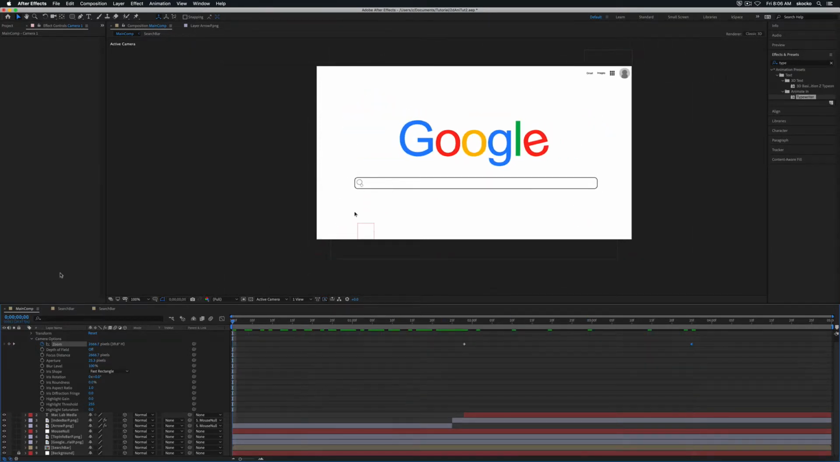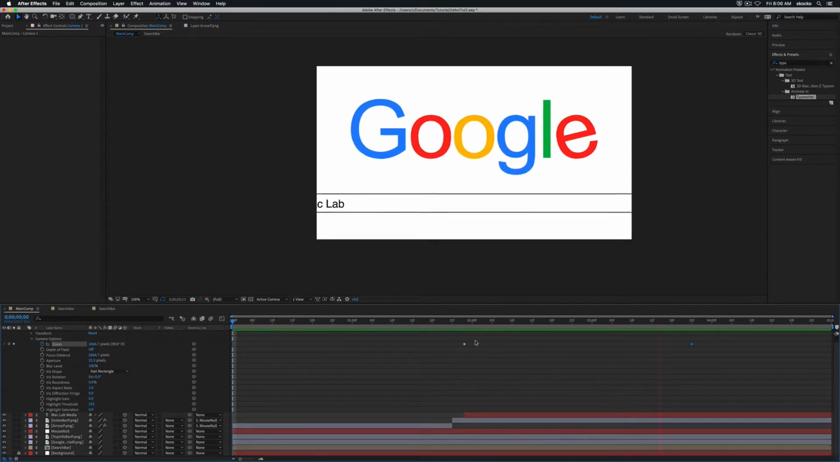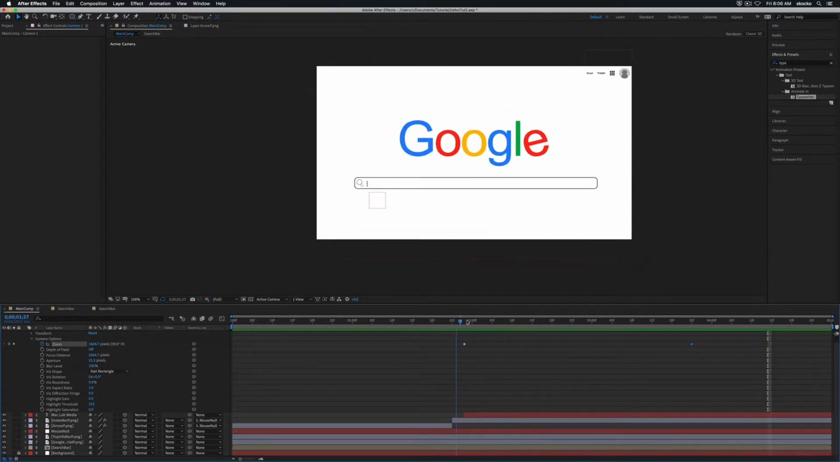And we're just going to zoom in past everything. And if we check it, press space, and we have a quick little animation of it zooming in. Problem is that we don't want it to focus on the Google logo. We need to focus on the MacLab Media. So again, we're going to go to the,